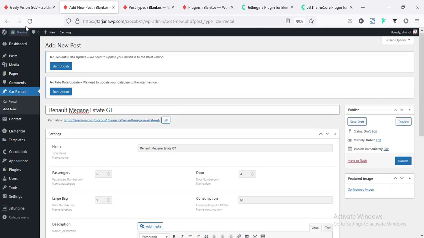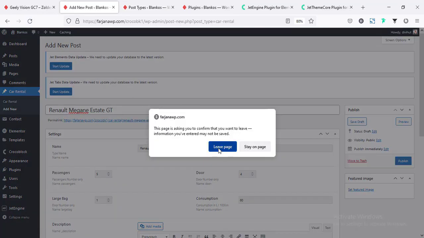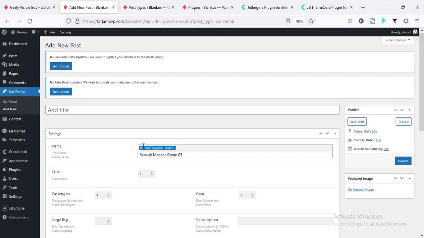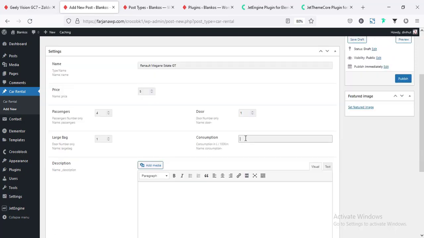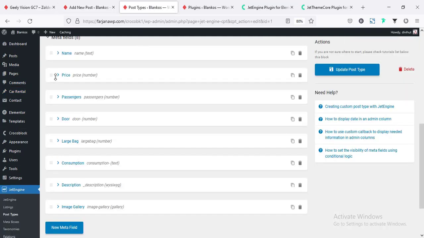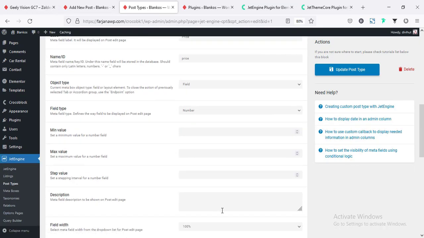And now again going to refresh and adding all this value. Consumption I'm typing 60, and price I'm typing 20. This can be in US dollar, so we can type that on meta description here. If from the price, if I type the description in USD,